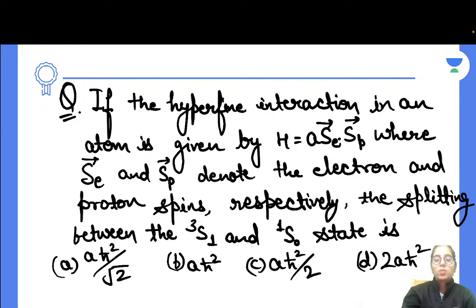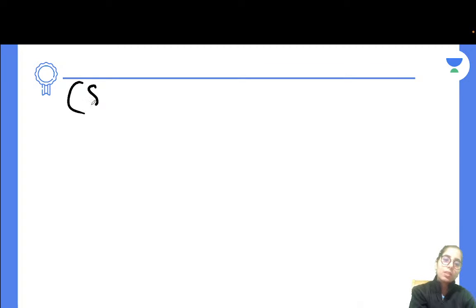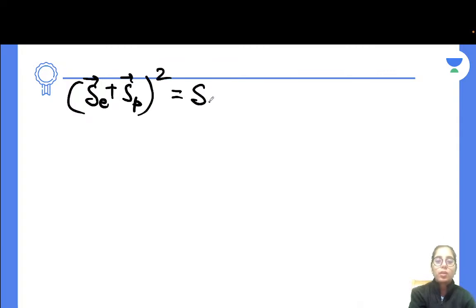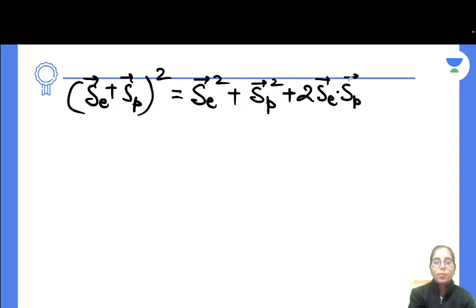So actually the SE dot SP term is present there. What we have to do is consider the sum of both, because that is how you can get the SE dot SP part. When you take their sum and square it, you get SE square plus SP square plus 2 SE dot SP. Now the next thing, once you want to get this term, this is the approach we follow. It's not only about this: even if you have L dot S present somewhere and you want to know how to proceed, you will take this as your first step, not SE plus SP, but there you will have L plus S. That's how you have to consider it.